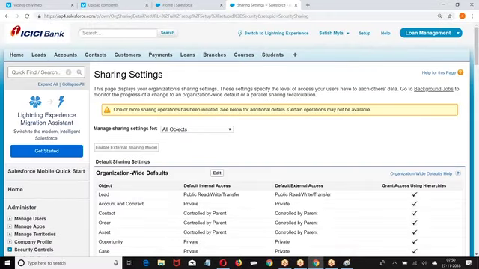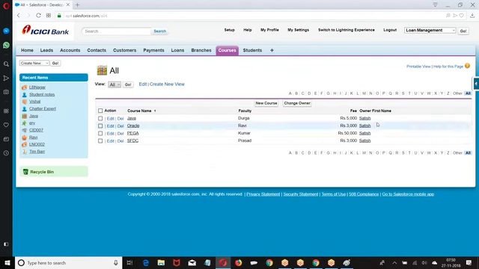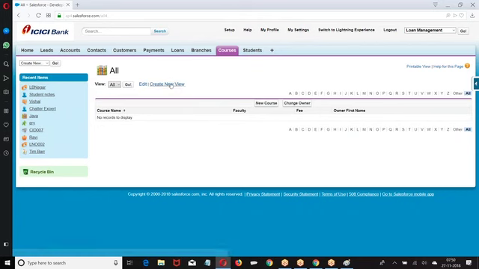Now I have defined OWD as private. When you define OWD as private, Satish will be able to see the records for which he is the owner. At the same time, the student will be able to see the records for which he is the owner. Let the change be applied. Previously he was able to see all the records. Now I told course, can you please show it again?